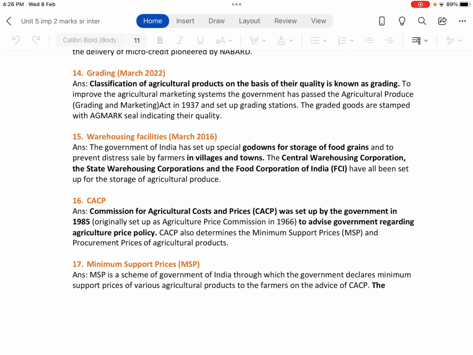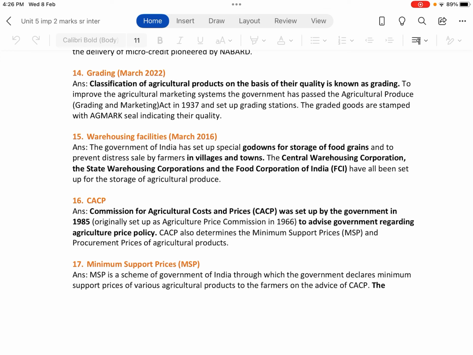See, this is also one of the problems faced by the agricultural farmers to sell their commodities. Since they don't have proper storage facilities, they used to sell immediately as soon as the harvest is over. And immediately after the harvest, the commodities won't fetch a better price because the supply will be more, isn't it? Because of that, the farmers were not getting better prices for their produce.